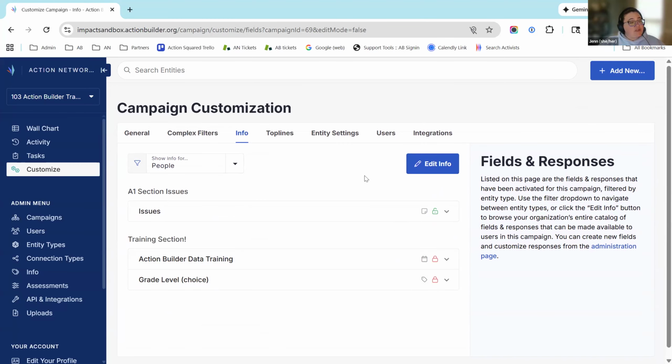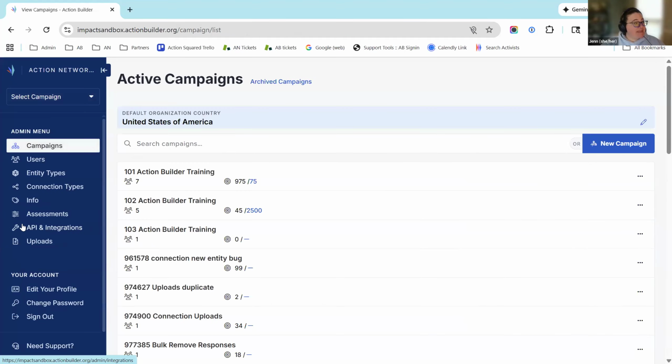The other thing that you can do, and one of the things that we recommend, is that once you have your campaign set up with all of the fields turned on in the way that you want, you can save it as a template and don't put any information in it. And then on the campaigns tab,